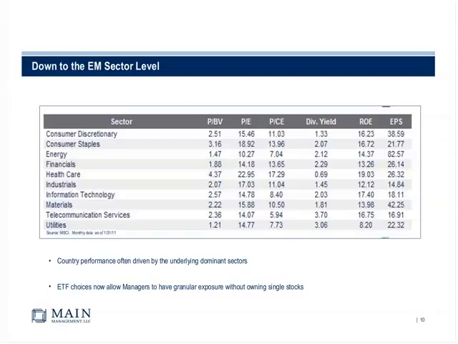Healthcare is trading at 4.3 times in the emerging markets, where the U.S. is at 2.5 times on a price to book. And the PE in the emerging markets is 23 times, and it's 14 times here. So typically, this is another thing that we would look at, and we would say, I think I want to avoid countries that have excess exposure to the healthcare sector, because that looks like it's too expensive.